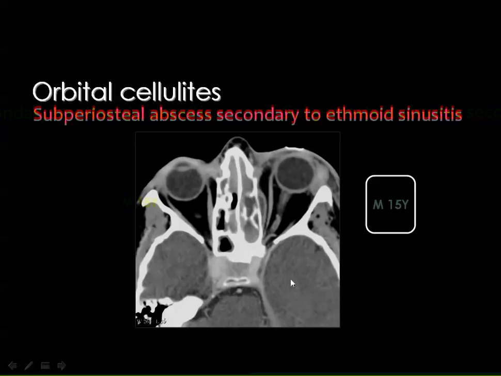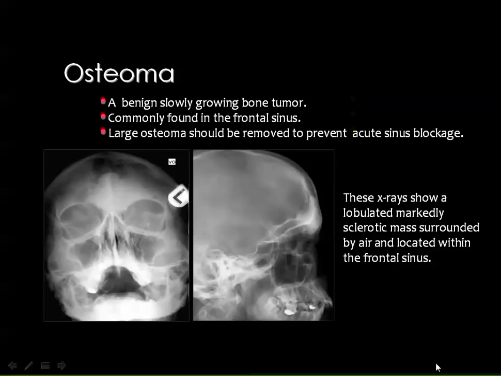And this is also a good example of subperiosteal abscess complicating ethmoid sinusitis on the left side, and you see the marginal enhancement of the abscess itself. Finally, we came to the tumors of the paranasal sinuses, starting with the benign lesions, and the most common is